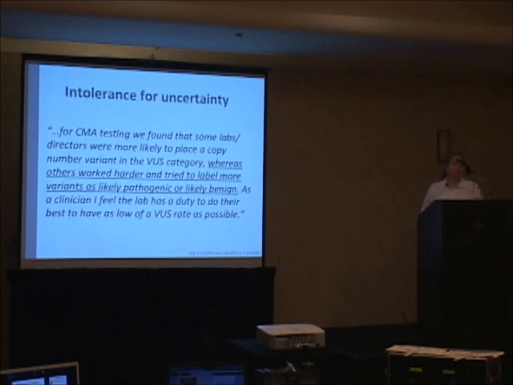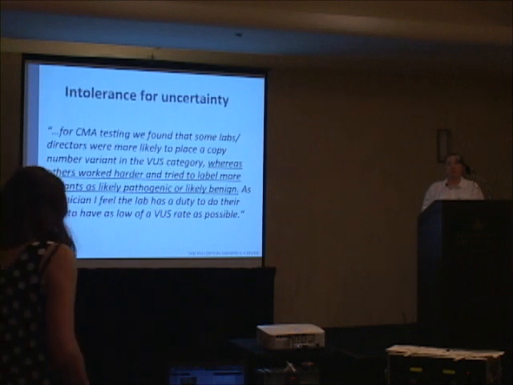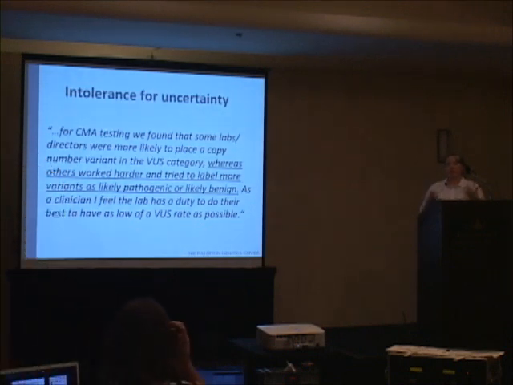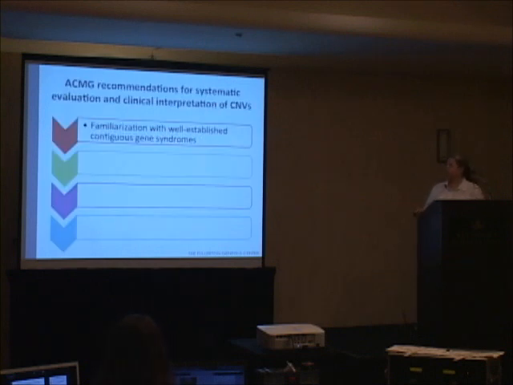And the truth is, we often do not know, and it's time to stop apologizing for that. As long as we've done an exhaustive search, I think the entire community needs to understand that a lot of what we're seeing now with this whole genome exploration is uncertain. And if we can start getting used to that, we can start having more clearly communicated reports. This is a little bit soapboxy, so sorry.